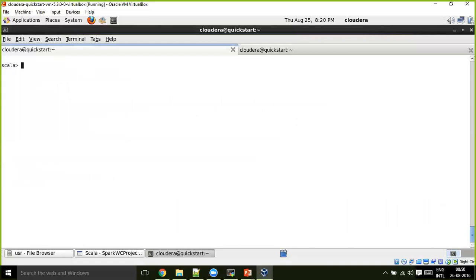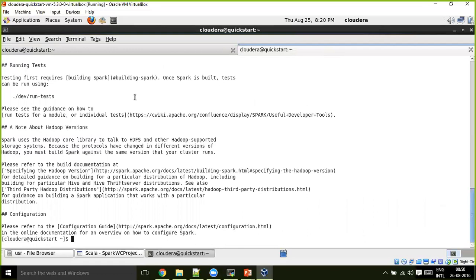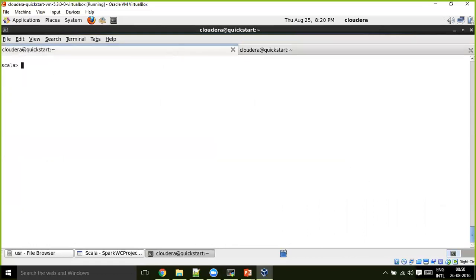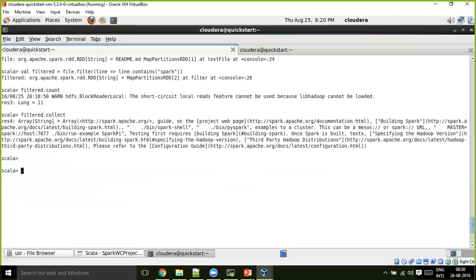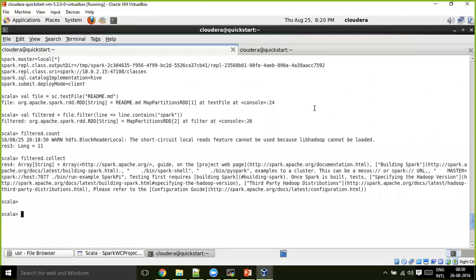Now, what happened is it loaded that HDFS file into Spark. If you remember your Pig functionality, same way we keep giving aliases, loading a file from HDFS into Pig and storing those results back into HDFS. Here also, similarly, you're loading a file from HDFS into Spark, which means into RDDs.